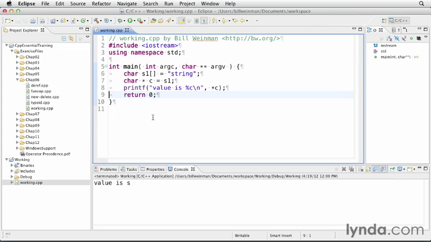So again, what we have here is an array of characters. The first element is an S, the second element is a T, the third element is an R, and so on. And a character pointer that's initialized to the beginning of the array. And here this *C dereferences the pointer, and it gives us the value that's being pointed at, which is